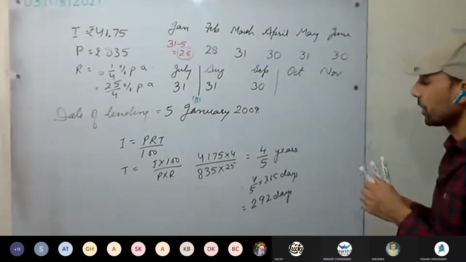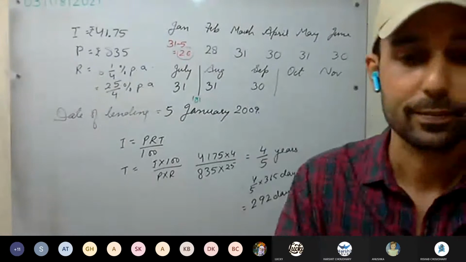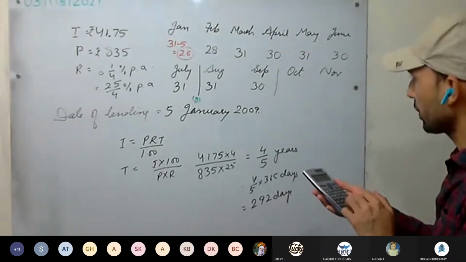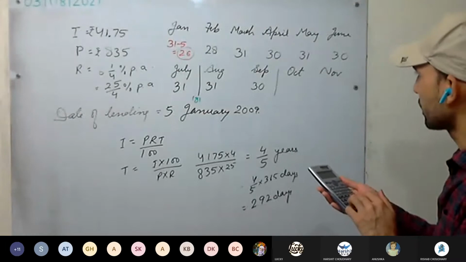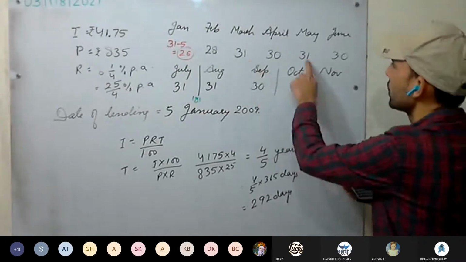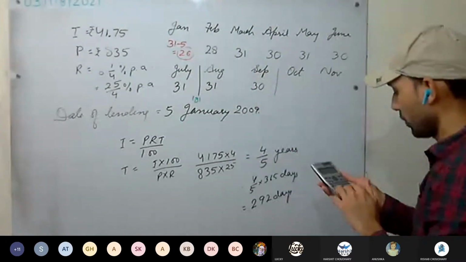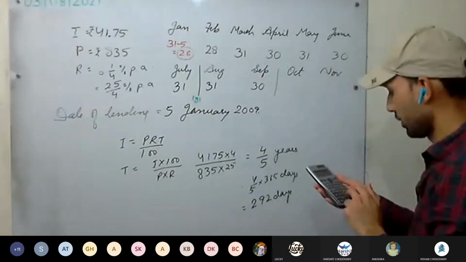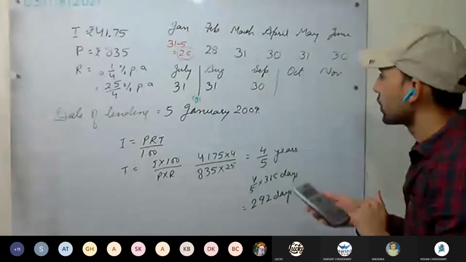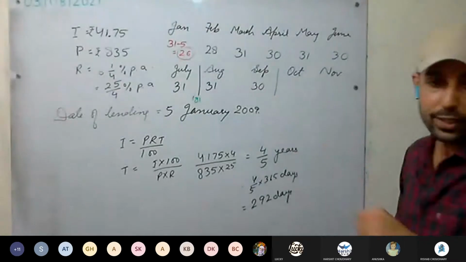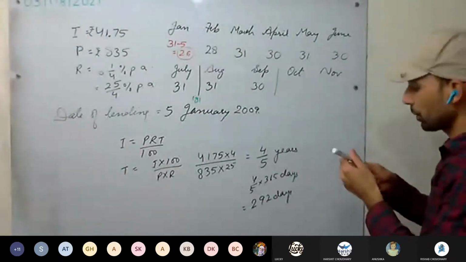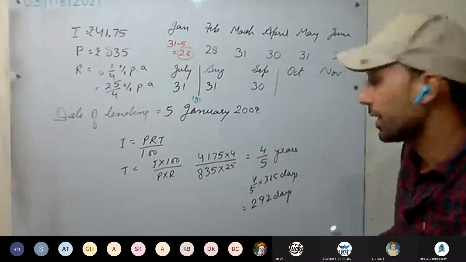202. 200. How much are you getting? Add them once: 26 plus 28 plus 31 into 1, 2, 3, 4. 4 plus 30, 1, 2, 3. 268 days. Aren't you getting that here? Yes, sir, up to September. Up to September, 268 days.